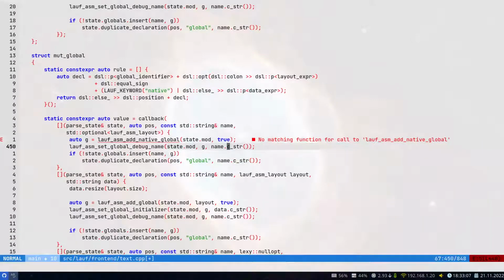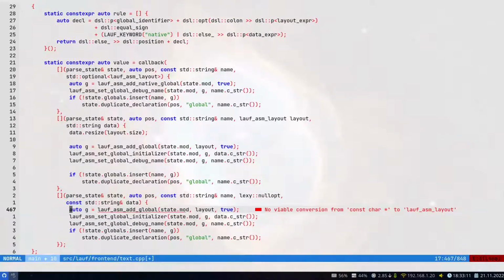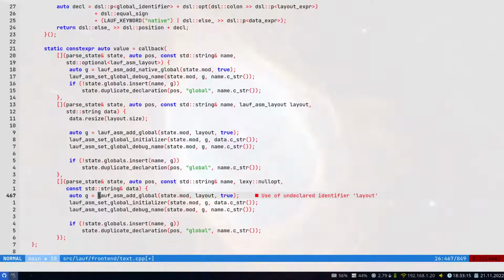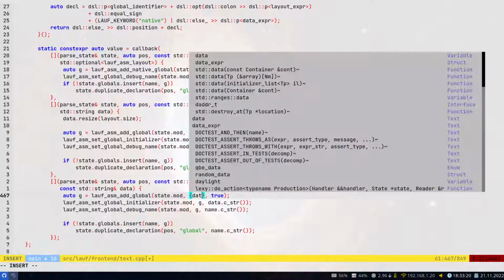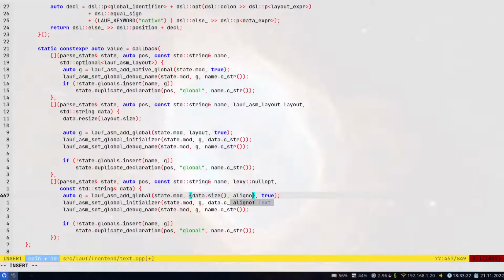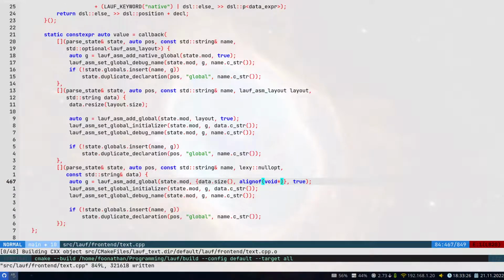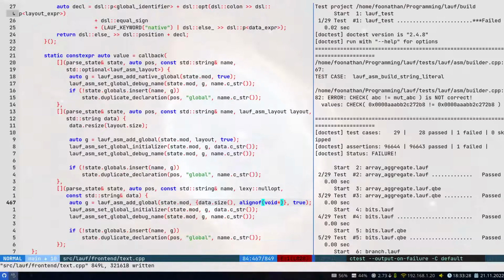Your mutable. And here the layout is data size align of void star. Okay,